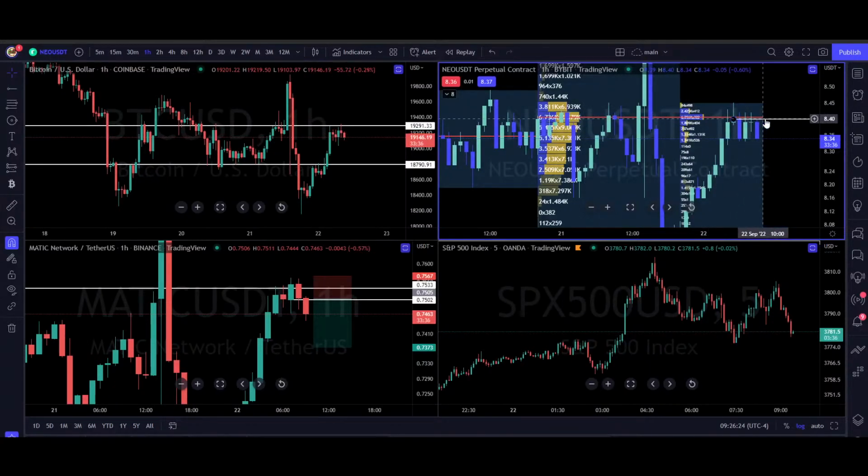So that could have been a decent short entry. You threw your stop right above the daily high, right there. Beautiful. It's too late now, but if you do get a retracement back up into this area, you could look to potentially get short. Stop above the high of day. An hourly close above 8.40 scraps the trade altogether. Just scrap it. It's done.